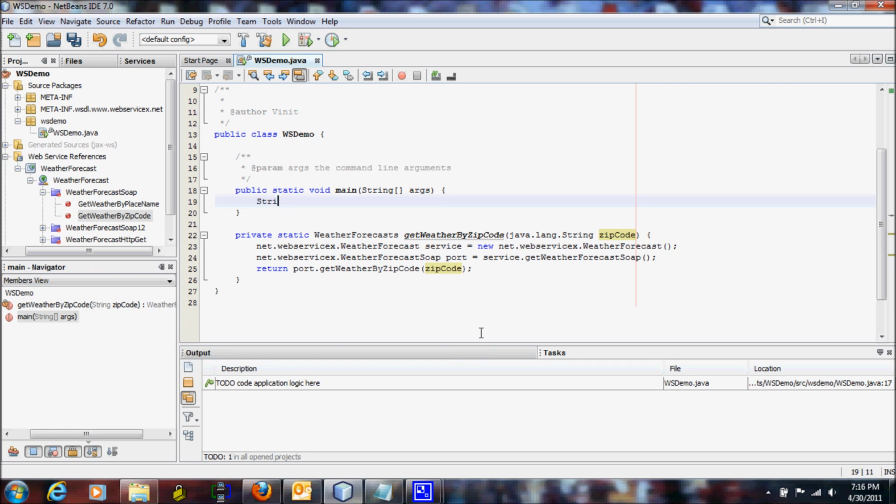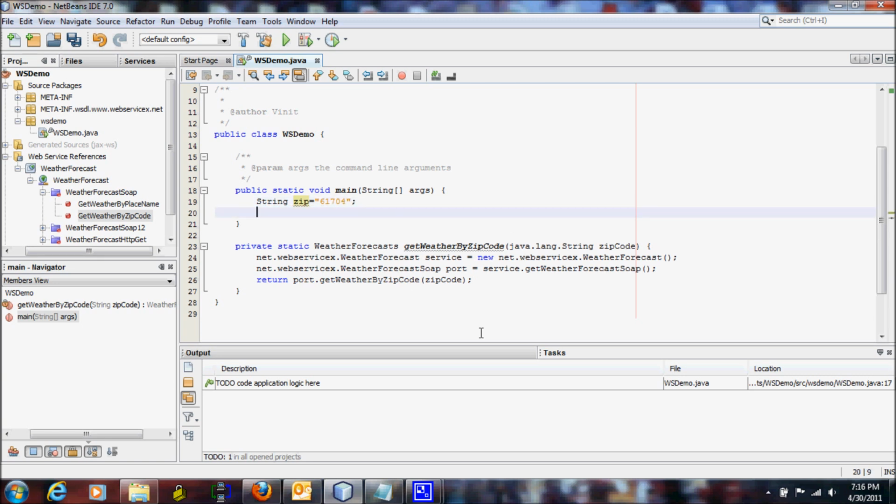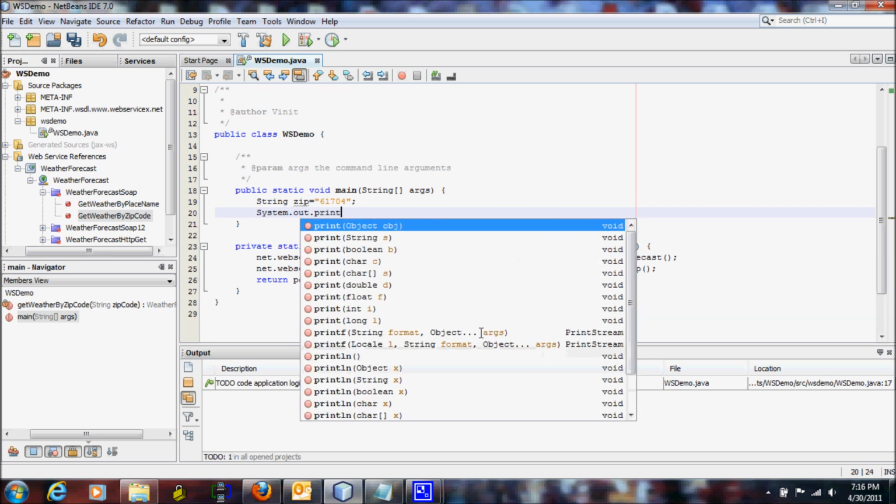First, we will create a string zip and provide a zip code. Now we need to call the method by providing the zip code as an argument. So we can simply type system.out.println,